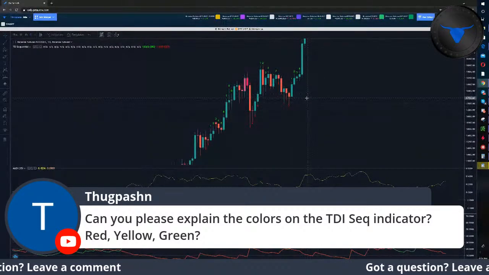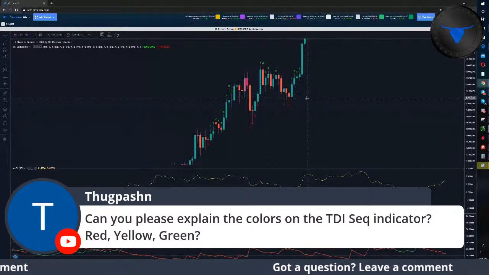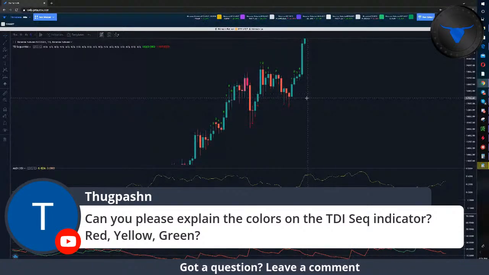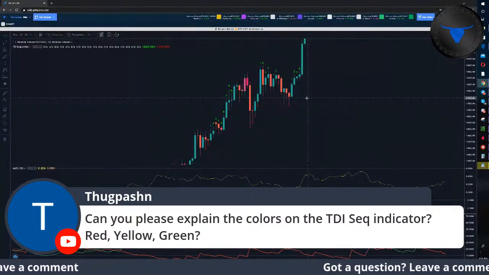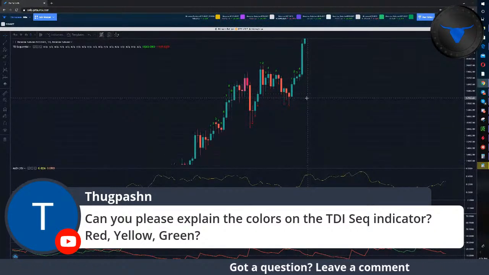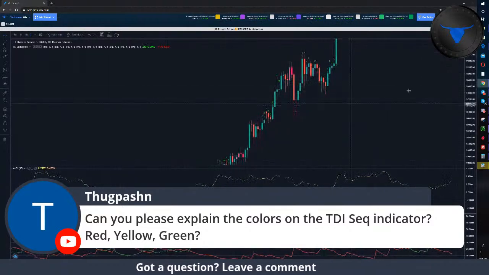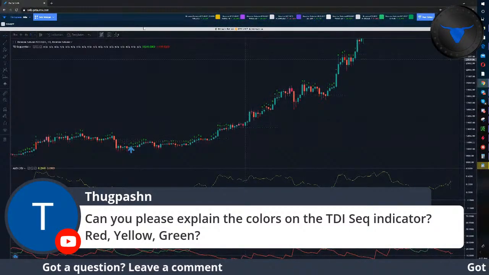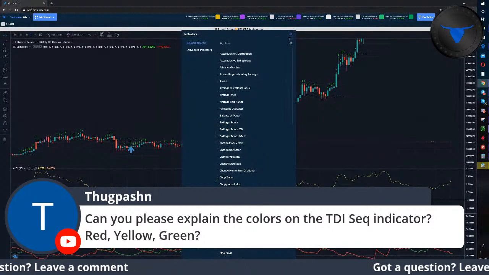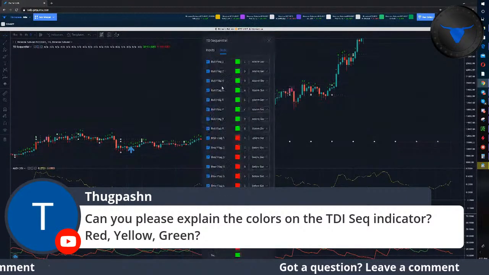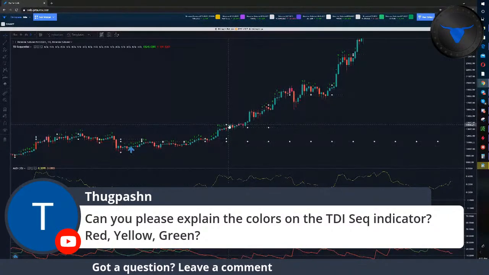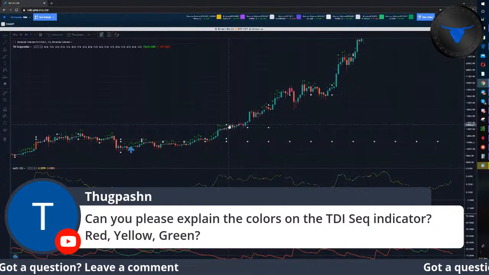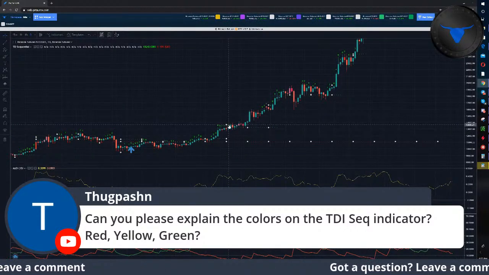So the red and yellow and green, they're kind of described in the settings. We'll try to make the settings a little more visible on the indicator, but they kind of signify... I haven't seen, I think yellow, I haven't been paying attention to the yellow. Maybe Tars, you can pull it up, but the red signals a bear flag, green signals a bull flag. And yeah, I haven't seen the yellow one before, but what those mean is usually